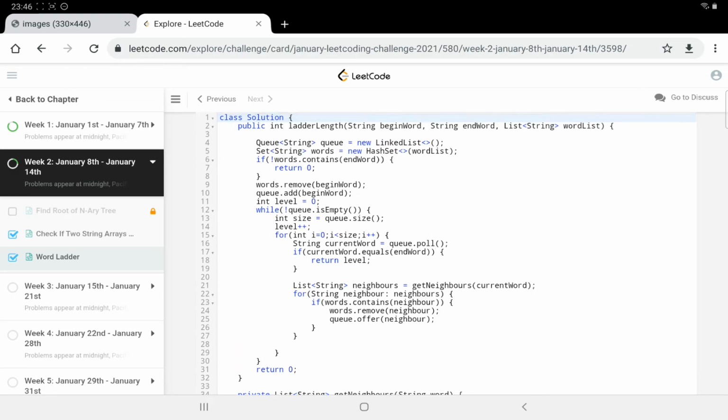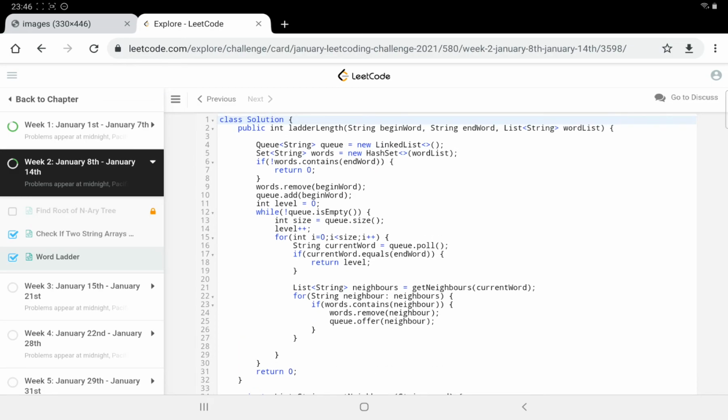After that we will try to analyze the time and space complexity also, right? So what we are doing here, you can see the code I have already written in Java. At first we took one queue, right? Initially our queue is blank, as I told you, and we took one set and we just store all